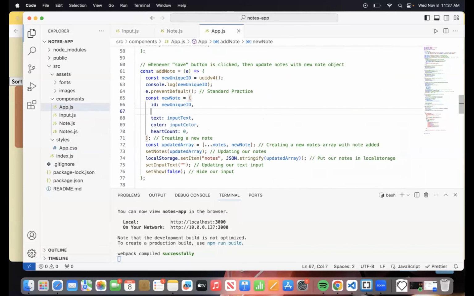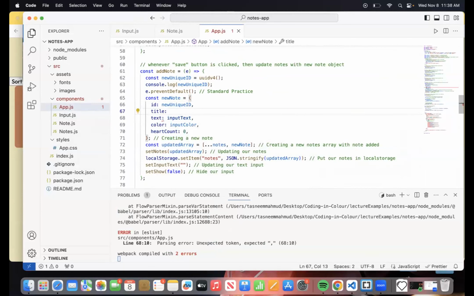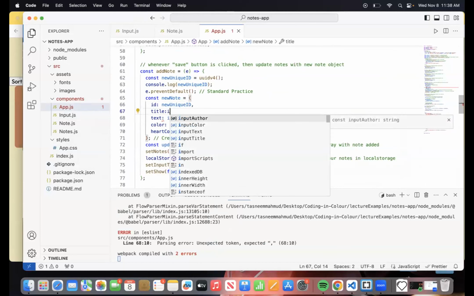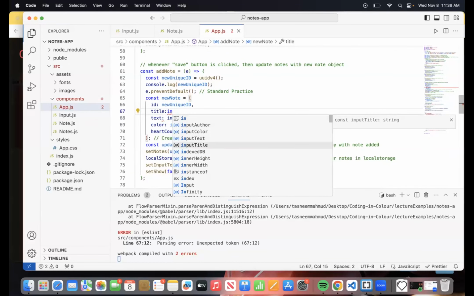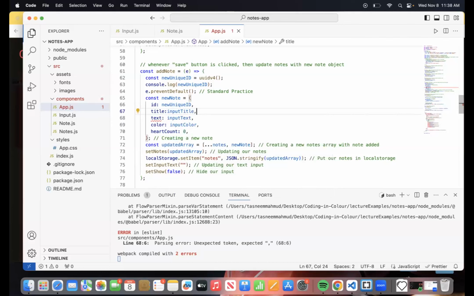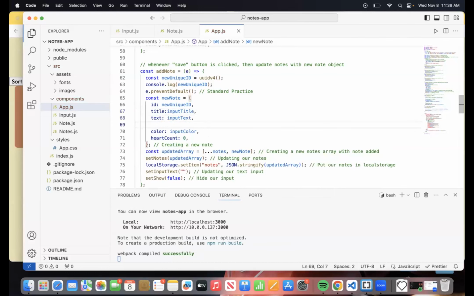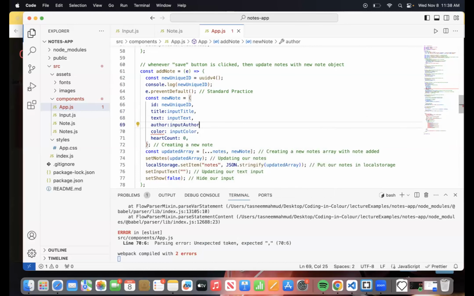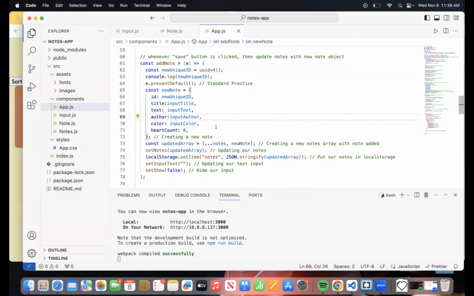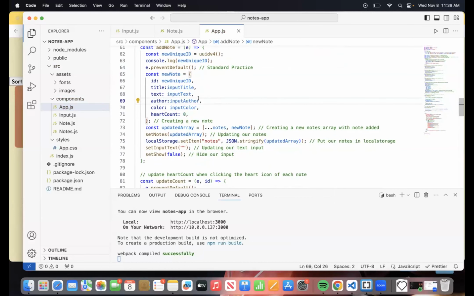Let me create title over here and call this input title, comma, next line, author, input author. No, the wrong sign. Okay, there you go. Yeah, this should be good.